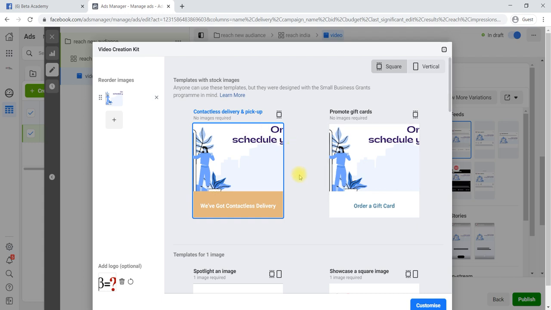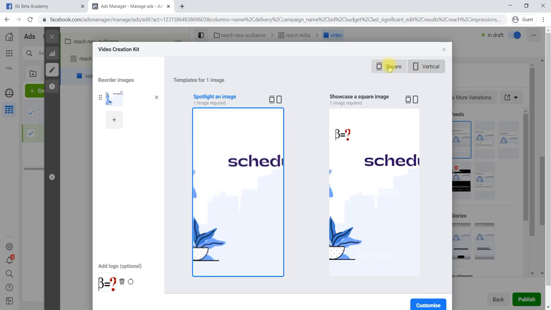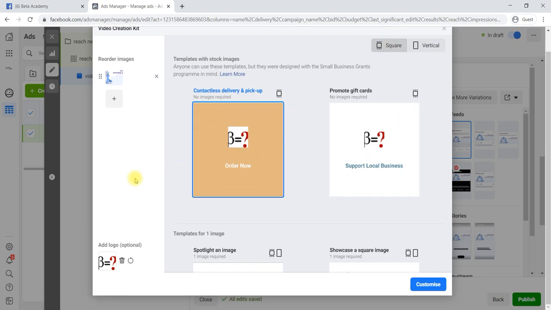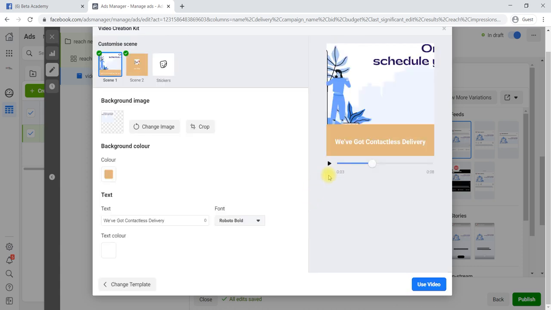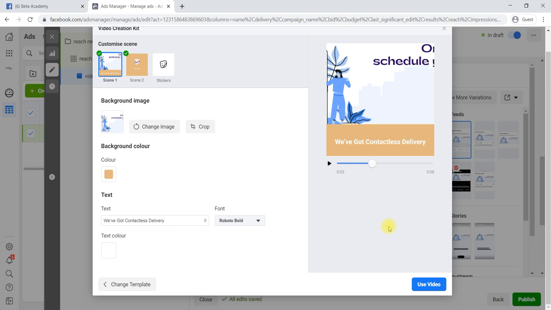That particular format you can select, vertical or horizontal, like that, how it is to be shown. Okay, then you can say customize. If you would like to crop, you can crop the video. Okay, scene 2, scene 1, like this you can change it, or use a video.